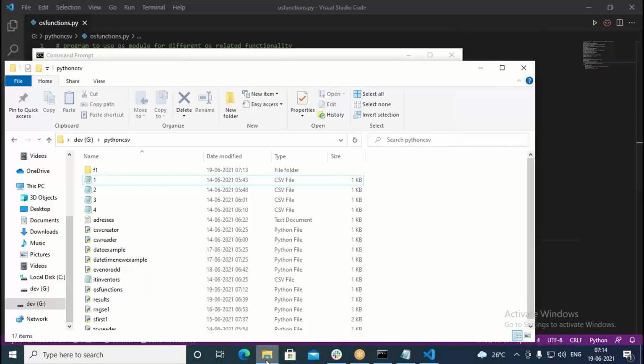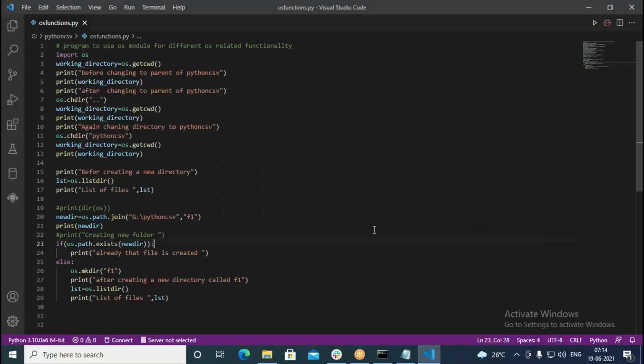Now if you come to this point, you can see the directory F1 in this. So what happened? If the folder does not exist, it's going to create a new one. If it exists, it simply prints a message, already that file is created. Okay, so since the file is already available, what does it say exactly?